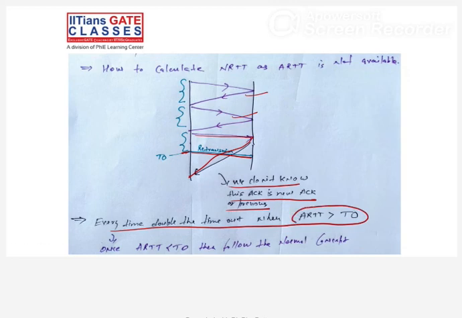Karn's modification. So what is the meaning of Karn's modification? Whenever the situation arrives where your actual round trip time is greater than timeout, it means, I'm saying for a segment, your timeout is this one. So your acknowledgement is delayed, right? Your acknowledgement is delayed. It means it should come here.